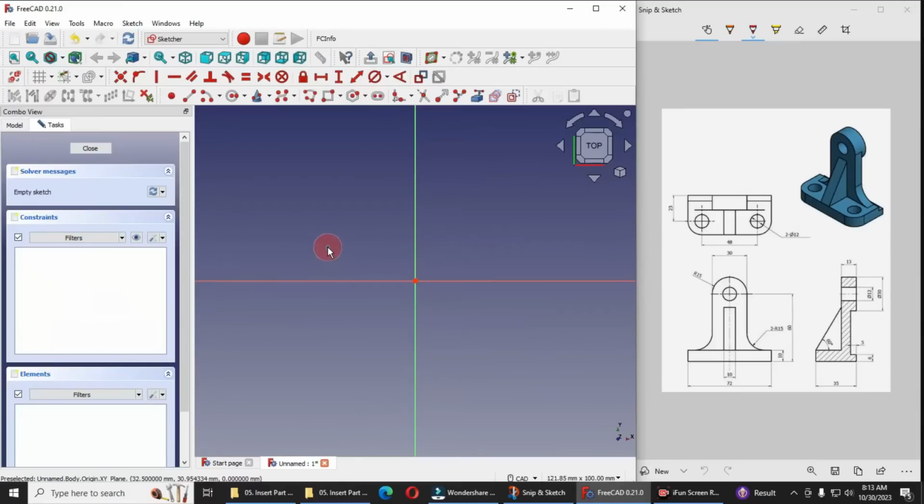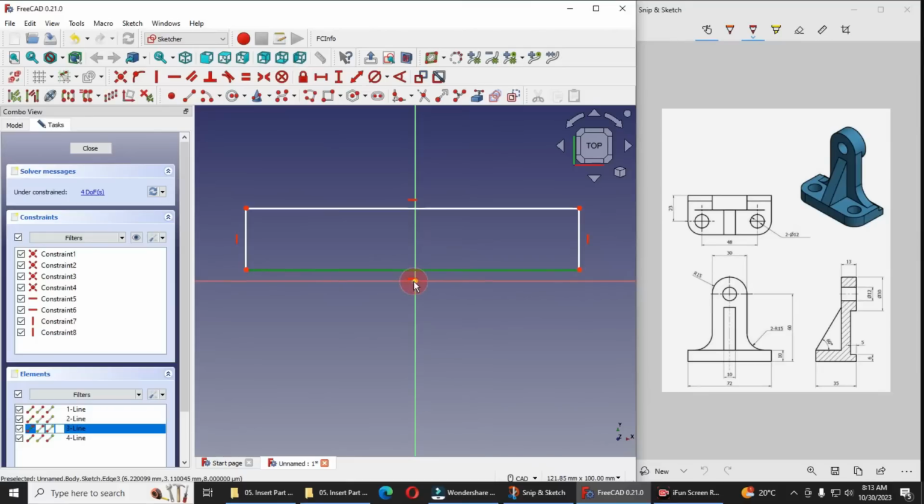and now we will create a rectangle and then select this point and this line and make the coincidence. We will make these 2 points symmetric, so I will select this point and this axis,